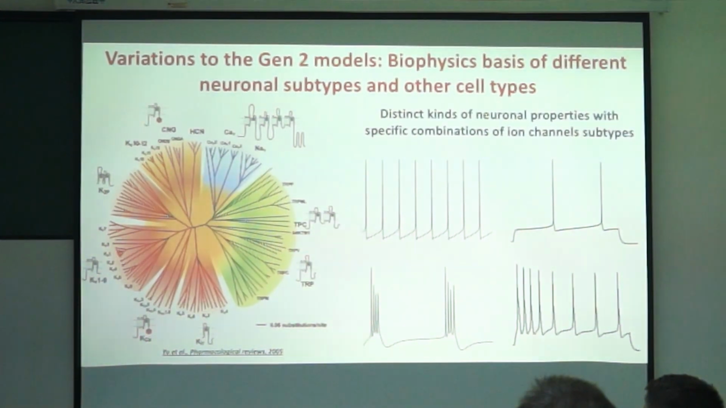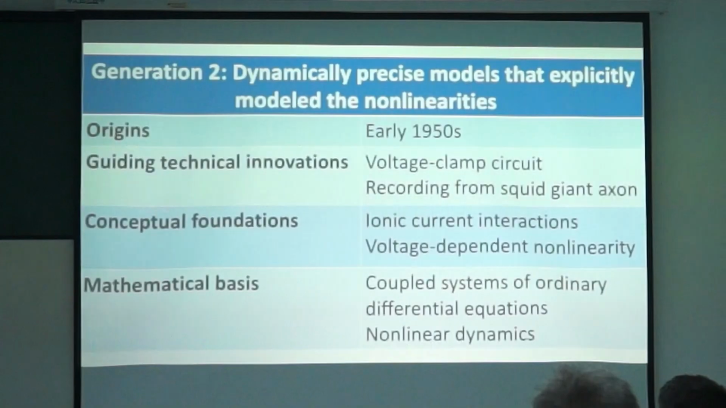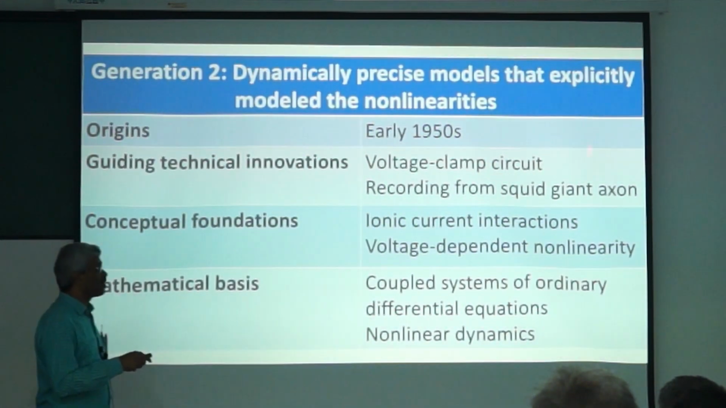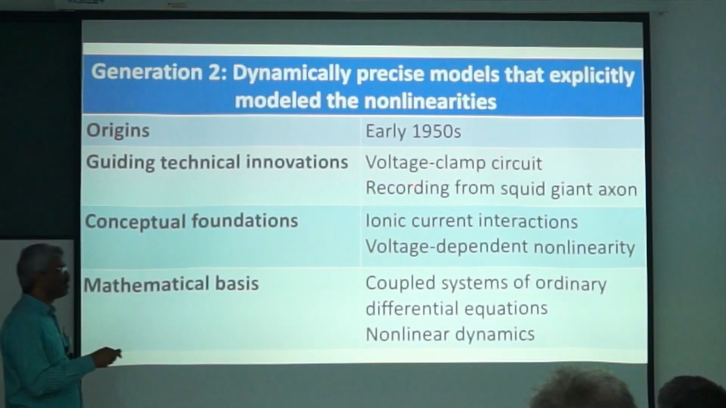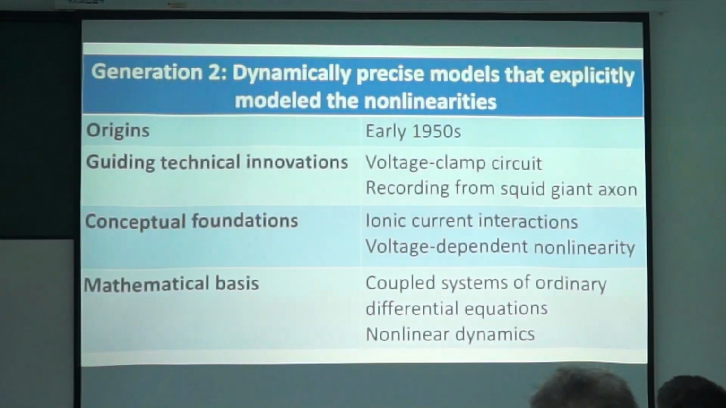All of that started from the Hodgkin and Huxley model, which, as I said, is in the second generation of neuronal models basically. So that's 1950s. The voltage clamp circuit is an important technical innovation. Without this, they wouldn't have been able to measure the ionic currents. They recorded from the squid giant axon. That's an important detail because they are an